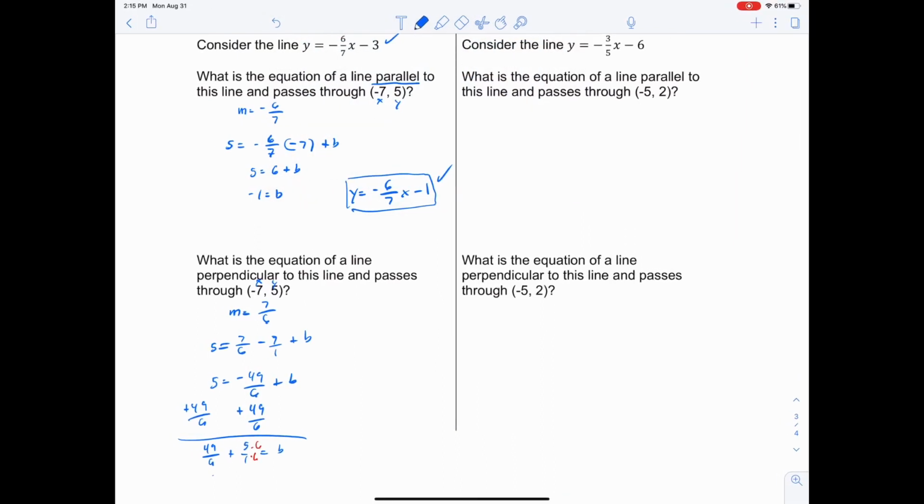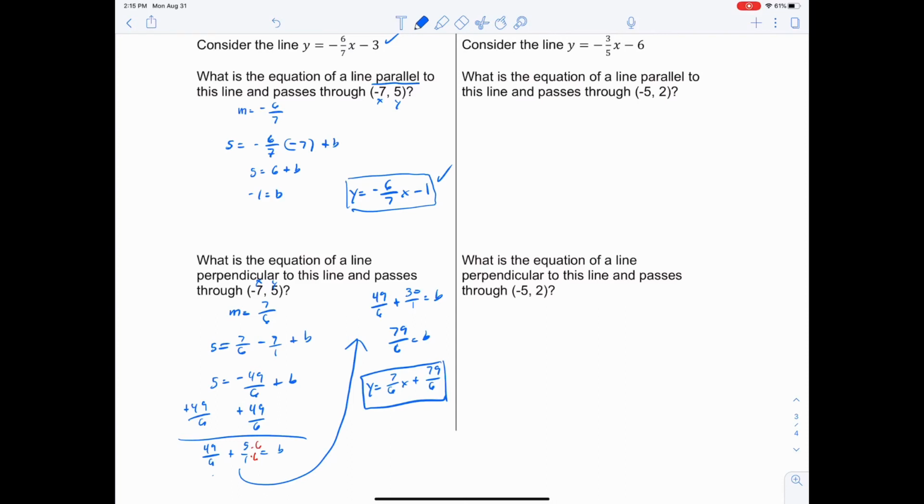I'm gonna move this up here. I get 49/6 plus 30/6 equals b. That's 79/6 equals b. So I'm left with y equals 7/6 x plus 79/6. Woof. Not a fun-looking slope-intercept form example, but if you were to plot the line that we were given